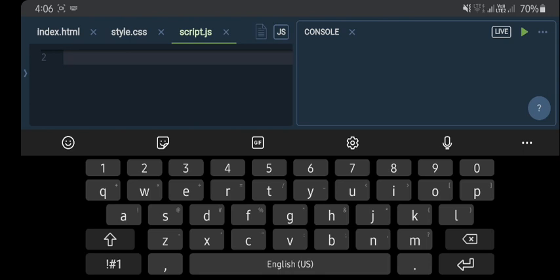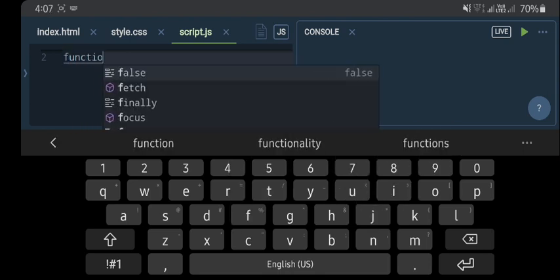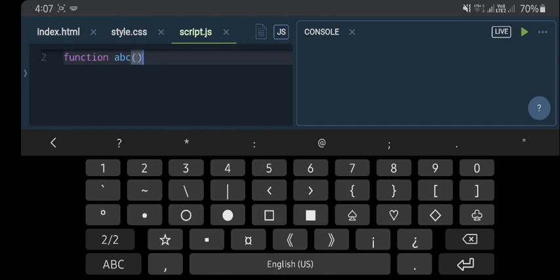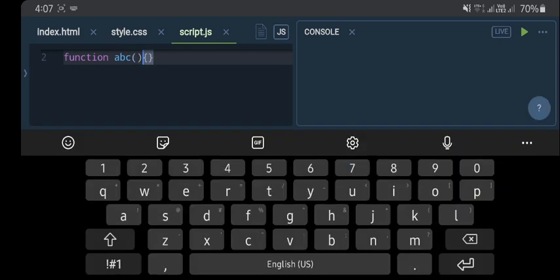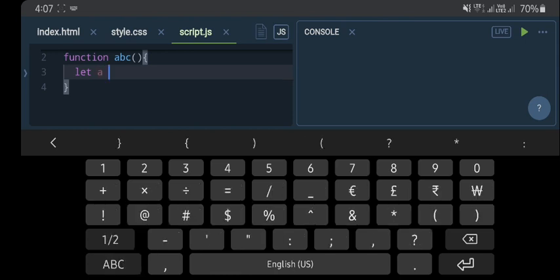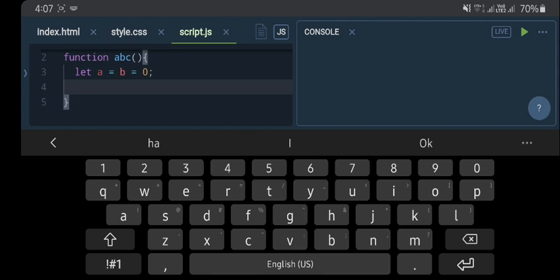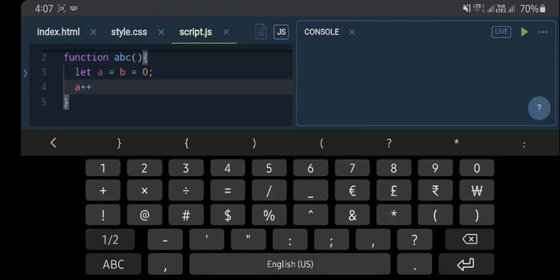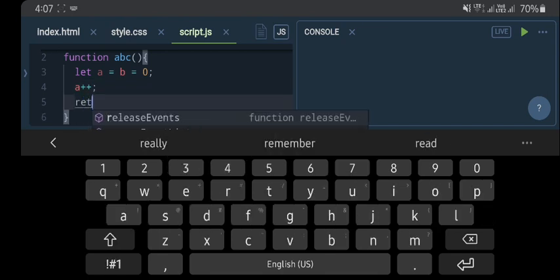Suppose you have a function, say function ABC, and now suppose you want to declare a variable inside it with the help of the let keyword. So let a = b = 0. In this example, if I try to increment a with a++, and if I return that,